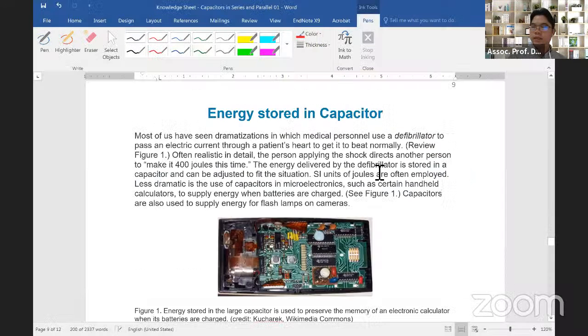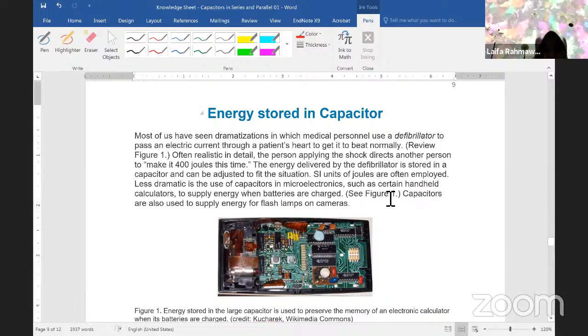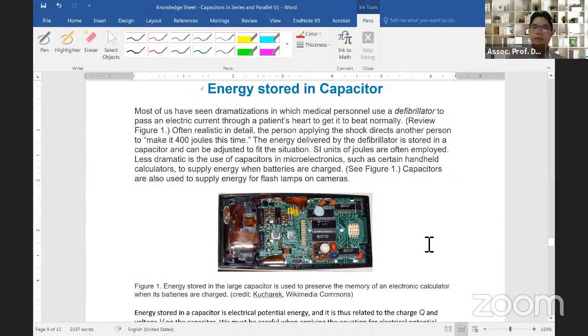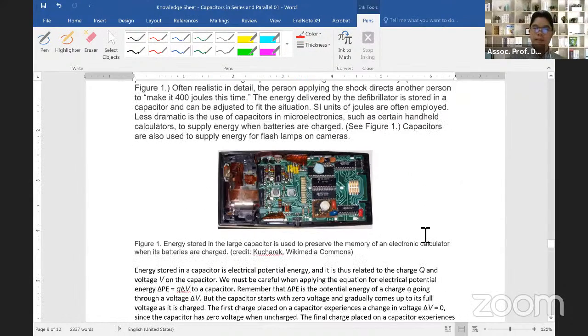So we go to another and final topic of today, which is the energy stored in capacitors. When we open up devices, some kind of mobile phone for example, that has broken already, and we look inside, we will see that the circuits are connected with lots of capacitors in there, to store the energy to make the circuits survive, for example.